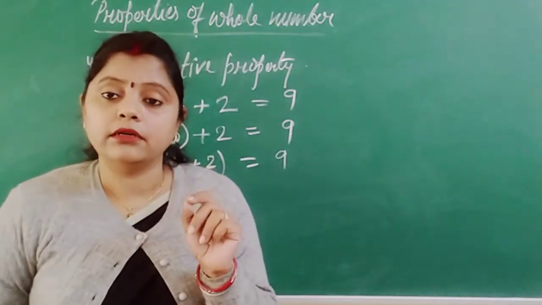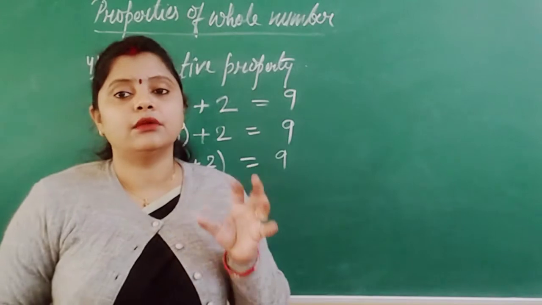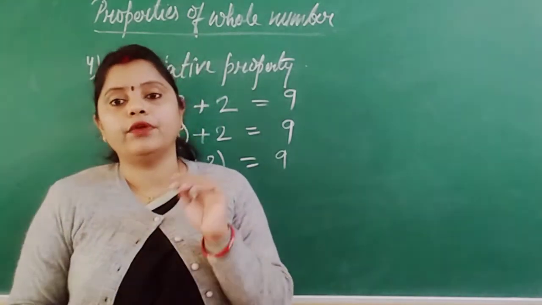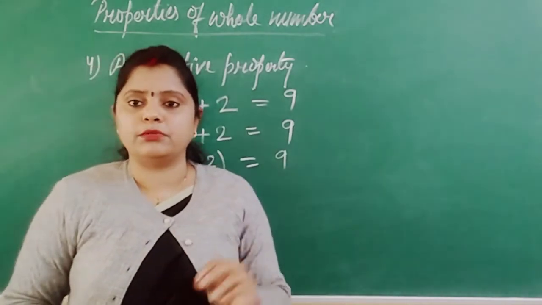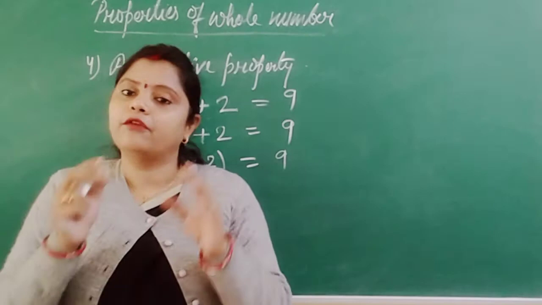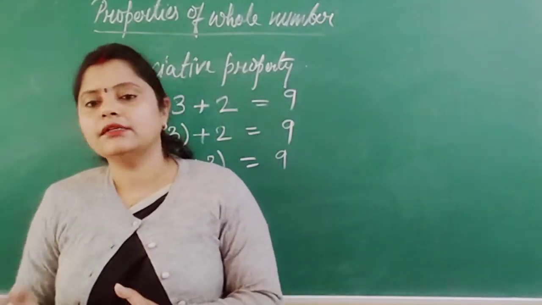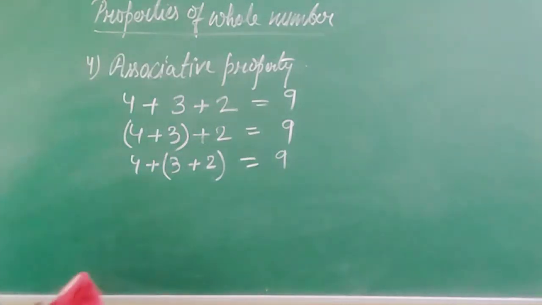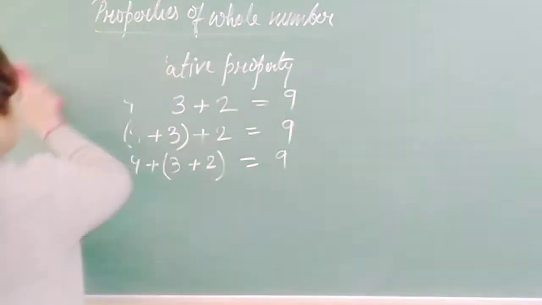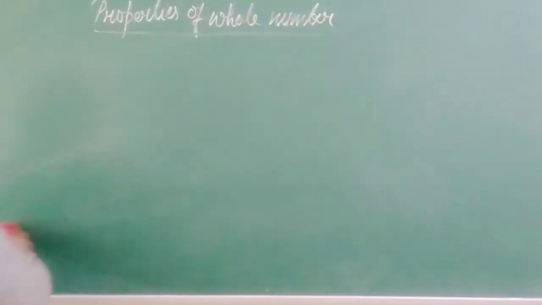It will be better to choose those numbers which will ease the work, which will help us do the work easily. So basically the associative property is related to grouping. We can group the numbers in any way, any order, and we will get the same answer. Now let us discuss it with the help of a question. Let me write one question for you all. Then it will be more clear how such questions come.